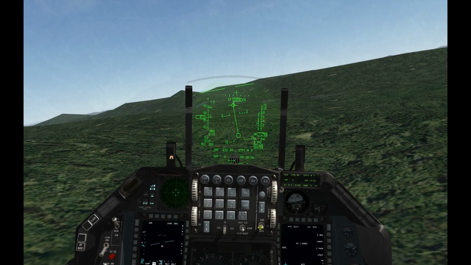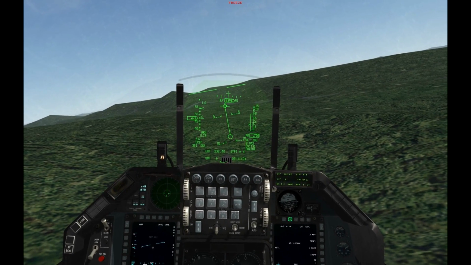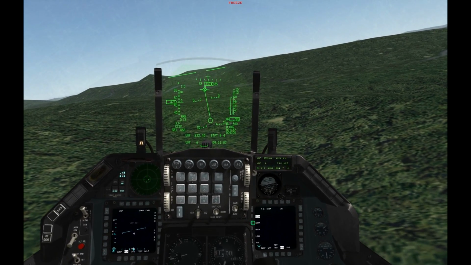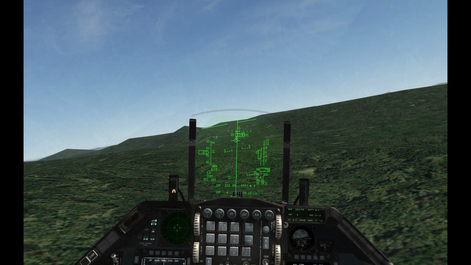So there is a HOTAS function to switch from different bombing modes. Okay, so we don't need to use the MFDs. What we can do is we can use the missile step key, and the default binding for that on the